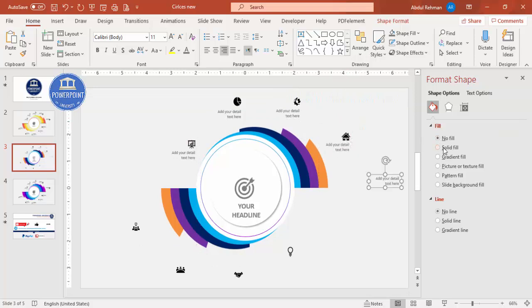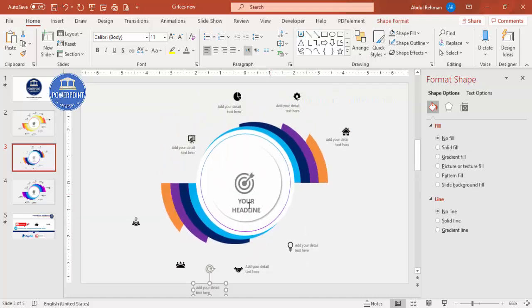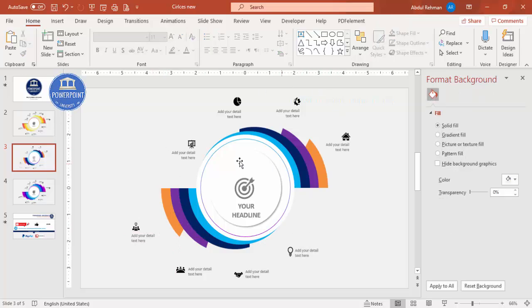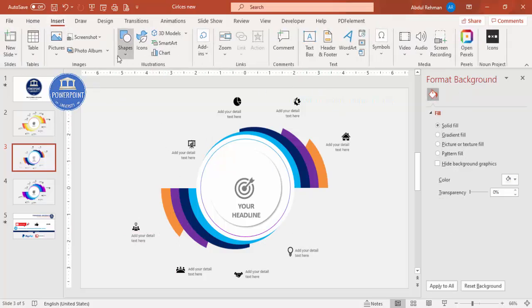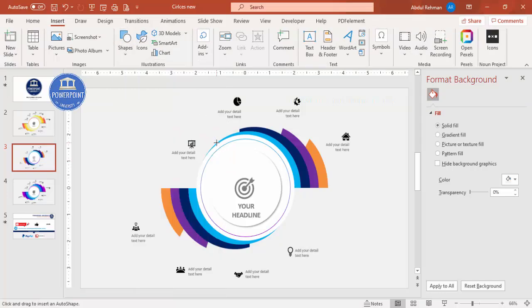Alright, now Ctrl D to duplicate. Now for this, I'm going to make it left align, and this will be here, or I can just place it next to the icon also. Press Ctrl D, this will be here, and this will be here. So you can see here we have added the icons, and if you want, you can use maybe some kind of freeform shape also, you know, for this one, something like this,